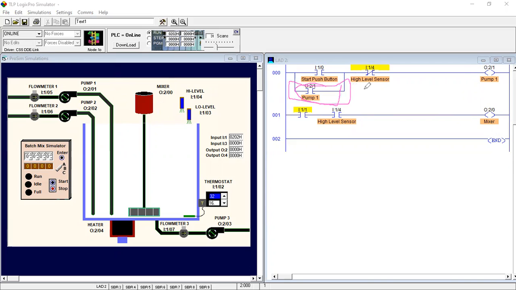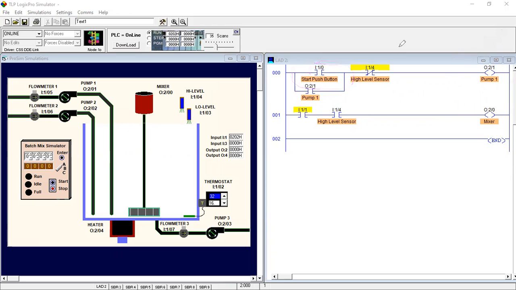This operation holds our pump condition. When it is on, it holds the situation, so it stays continuously on after we release the start push button.